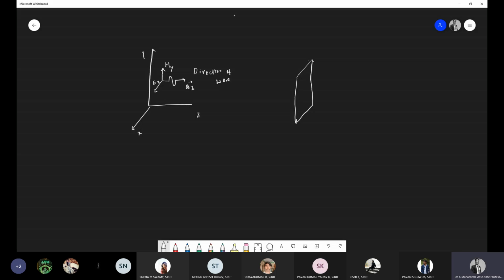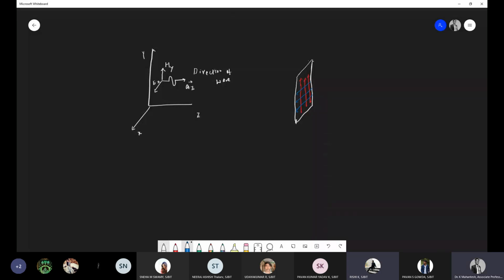and your magnetic field happens to be like this. So this is your magnetic field, and your electric field is in this direction. It is in x direction. And now